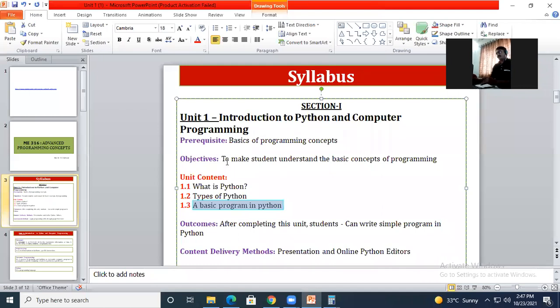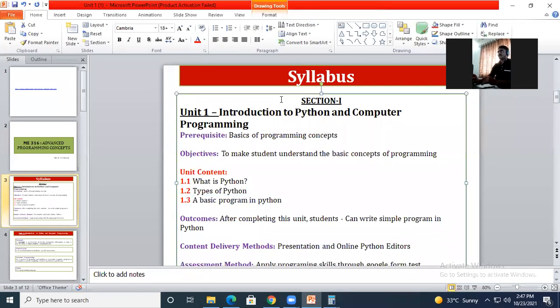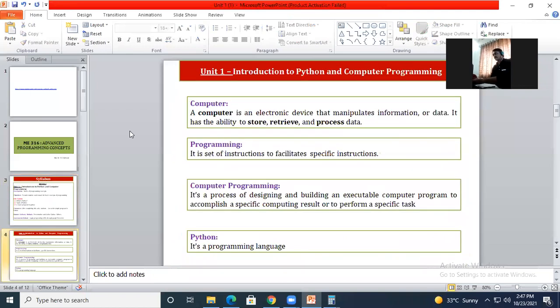But here, what we need to understand is the basic concepts related to programming: how the programs are executed, how a compiler works, how an interpreter works, and the remaining bits like what is Python and basic Python related things. Okay. So with this, I will start with the definition first. Can you tell me what is a computer by looking at the screen? Yes. Just go through the word and the definition.